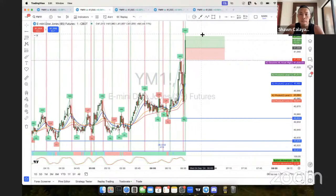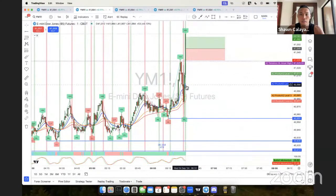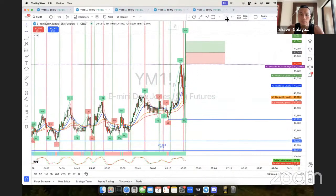So again, I'm looking for this buy signal to close. And once it closes, I'll be looking for some opportunity for entry. But you guys can see the 2 levels of liquidity here got hit. Also, the pre-market one over here got hit as well. I'm going to go and mark up opening price,